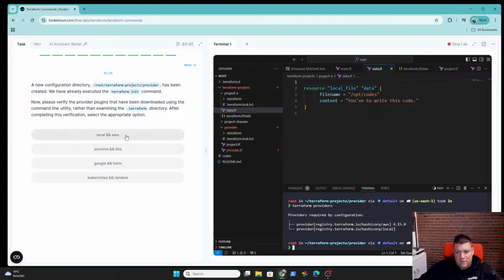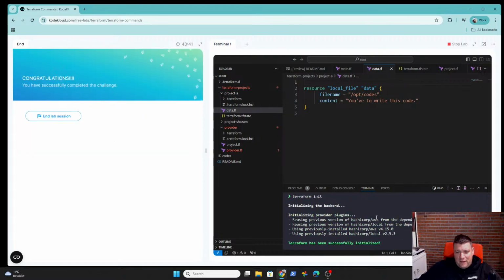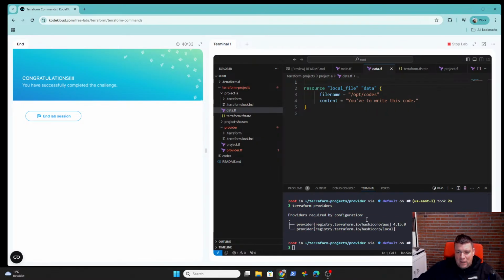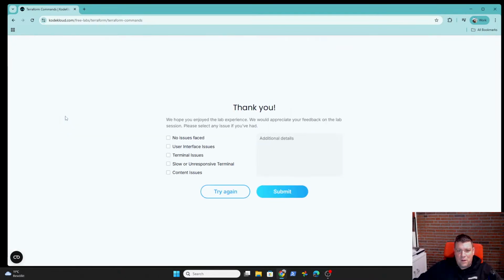Even in the init command, AWS and local are loaded as plugins. If you run the init, you see them being loaded as plugins. So the lab session ended; it took 20 minutes instead of 1 hour.